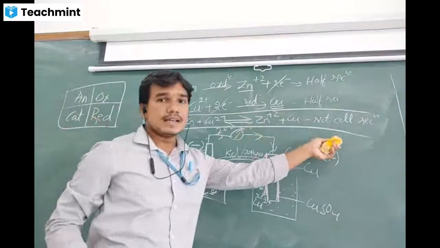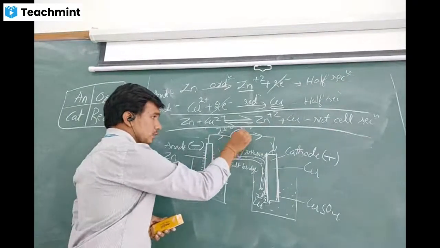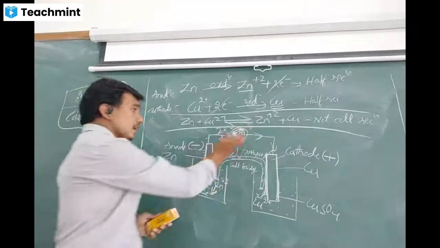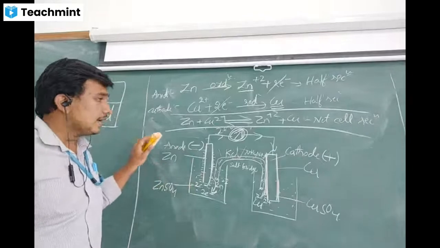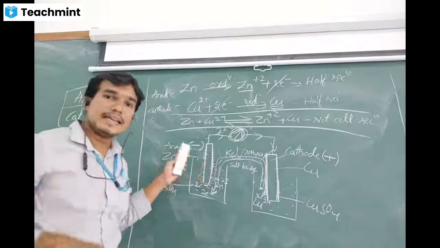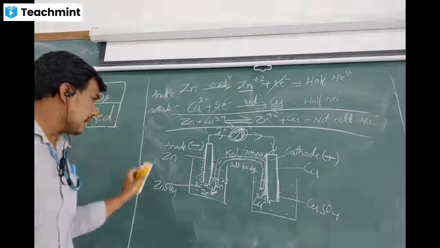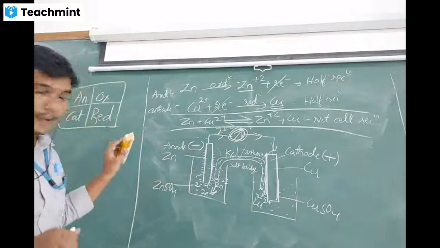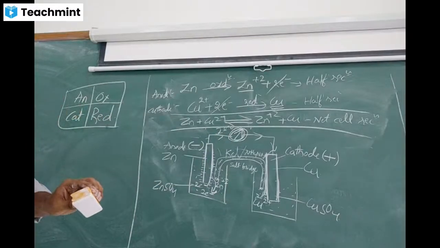So here, if we connect any external source, we will get electrical energy. If we connect a bulb, the bulb will glow. This galvanic cell or voltaic cell was invented in the 1800s. Okay. So you know about how you represent a cell,